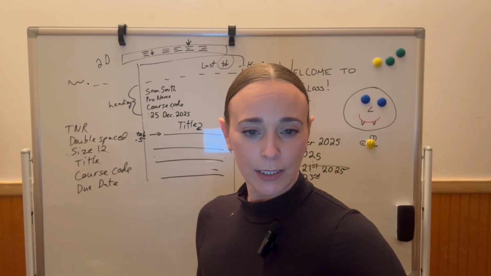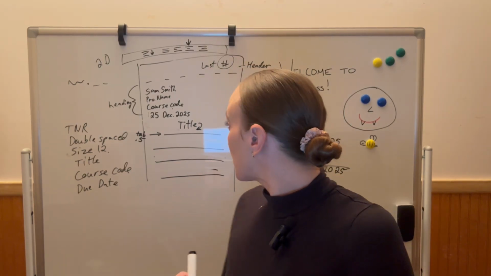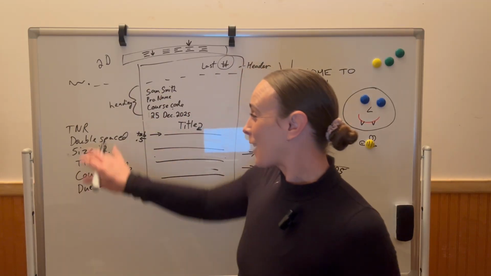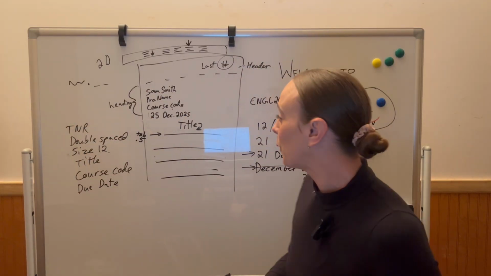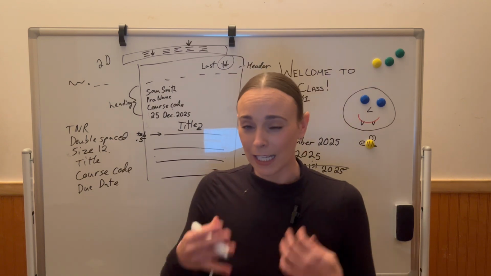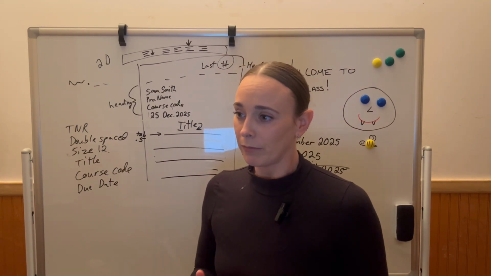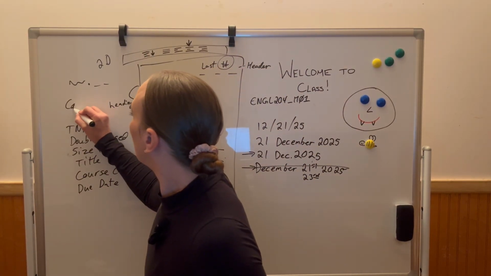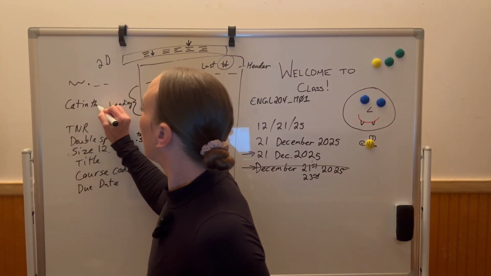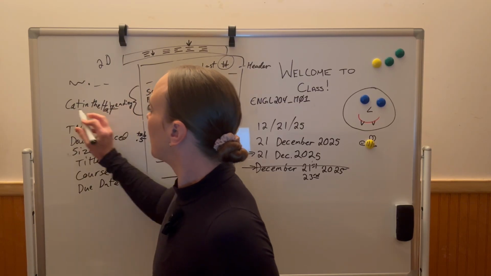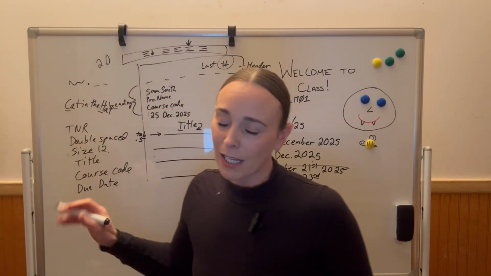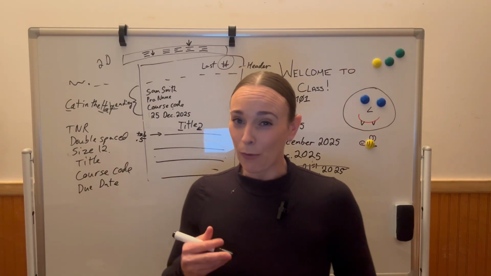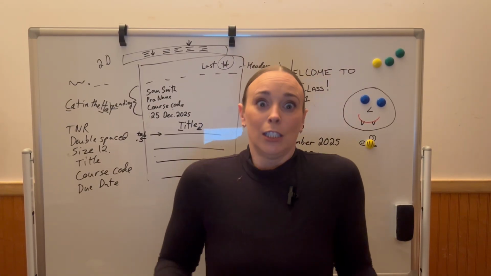Okay, so what else do we have here? With the title, make sure that it is the same font as everything else: Times New Roman, size font 12. You want to make sure that the first letter is capitalized and any proper title words that need to be capitalized. So if you have Cat in the Hat, notice that the C is capitalized and the H is capitalized, but the I and the T are not. So if you ever have any questions about whether or not something should be capitalized in the title, search it, Google it.